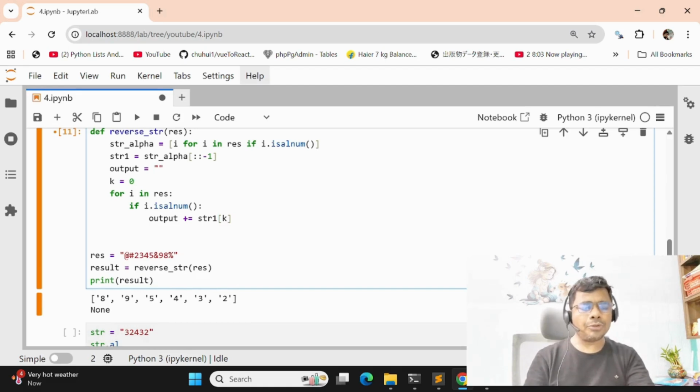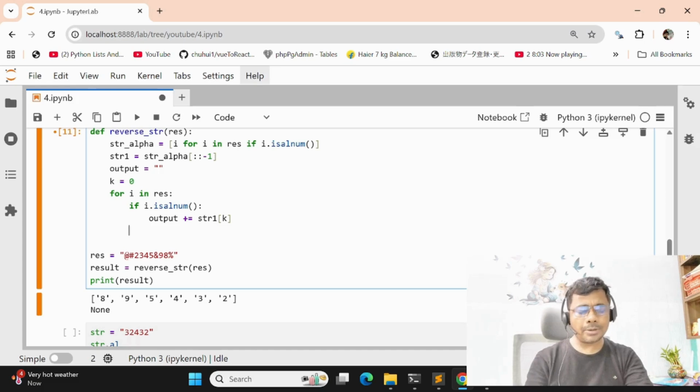Suppose the character is not alphanumeric, that means the character is a special character. If it is a special character, we don't need to change the index, and we don't need to reverse the string.